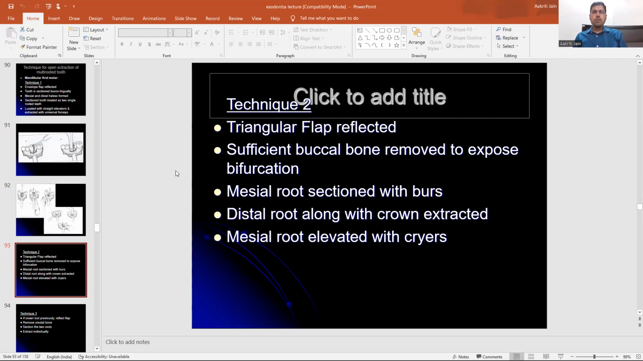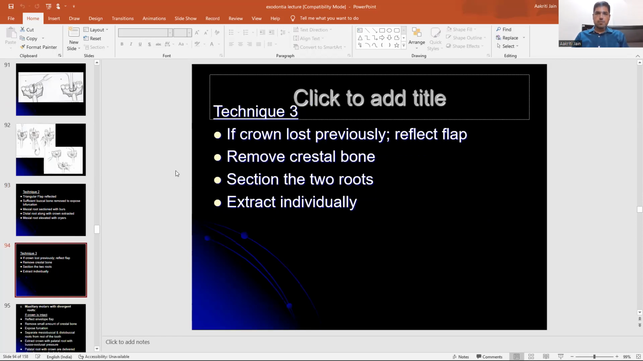Now technique 2 includes triangular flap reflection. Sufficient buccal bone is removed to expose the bifurcation, the mesial root is sectioned with the burr, and the distal root along with the crown is extracted. The mesial root is elevated with the Cryer elevator. Technique 3: if the crown is lost previously, reflect the flap, remove the crestal bone, section the roots in two halves